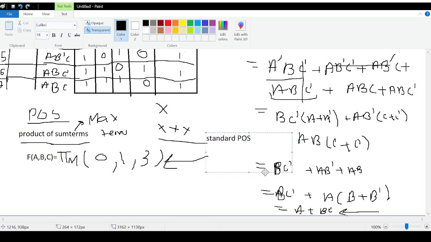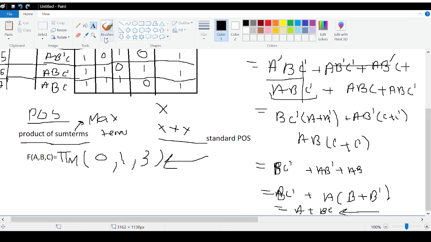Standard POS, okay? And if I write it in algebra, how is it going to look? For 0, the 0th max term is going to be A plus B plus C, okay? For 1, it's going to be 0, 0, 1, so A plus B plus C bar. And for 3, it's going to be 0, 1, 1. So it's going to be